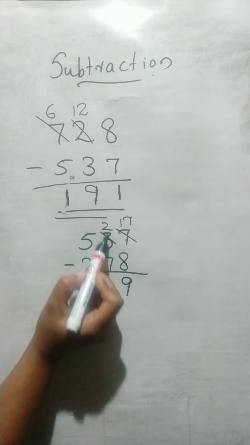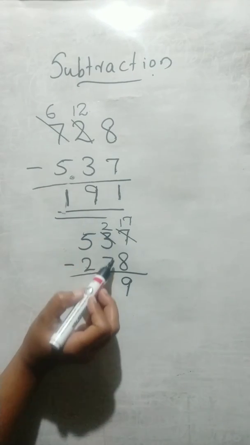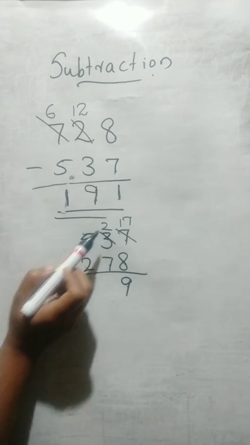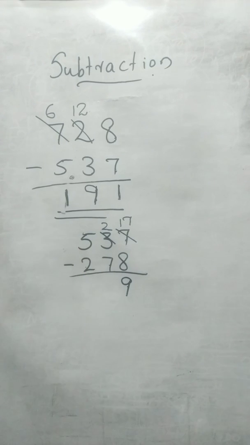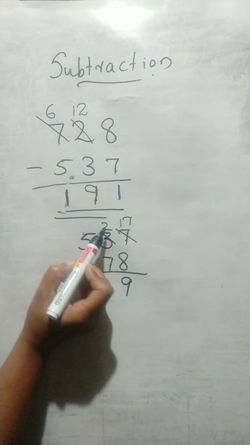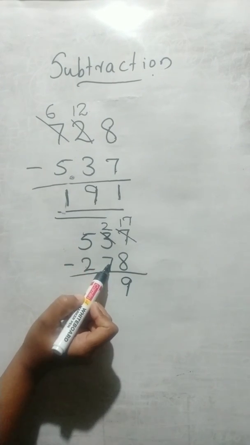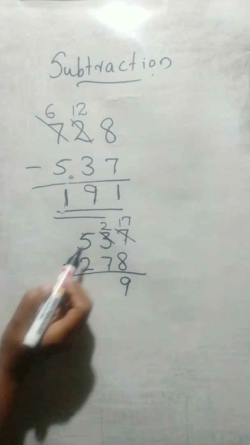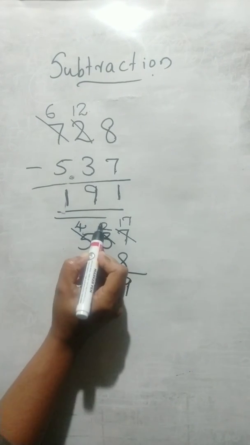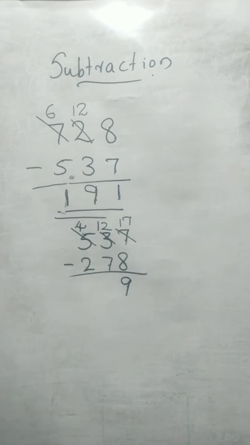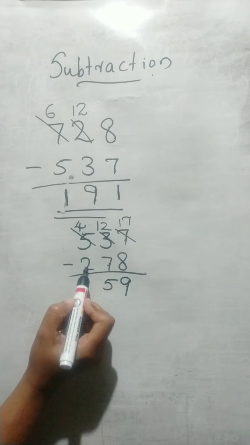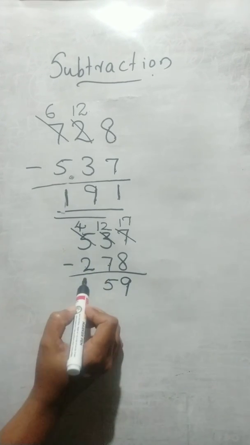Okay. Then 2 minus 7. Here tens place digits. Here 2 and 7. We have to take away 7 from 2. So at the time, here 2 is smaller than 7. So what can we do? We have to cut this 5 and we can write here 4 and this 2 will be 12. Then 12 minus 7 is equal to 5. Then 4 minus 2 is equal to 2 itself.